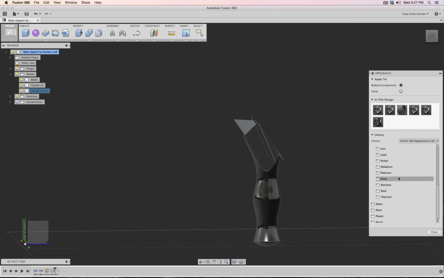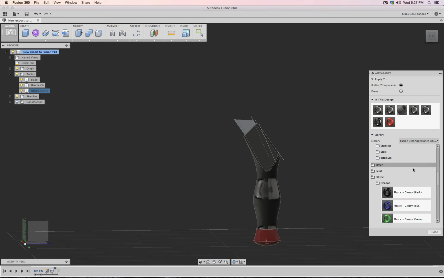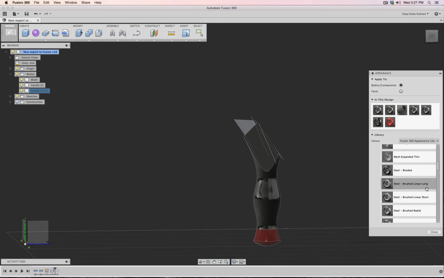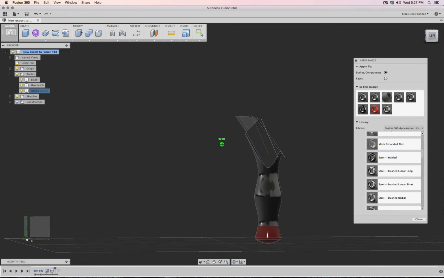And let's go to plastic, opaque. Maybe here make this one red. Okay, let's go back to metal. Where's the steel? There, steel. There was somewhere a brushed one, brushed radial, brushed linear onto the blade. Okay. So you see, actually, we gave this whole thing some